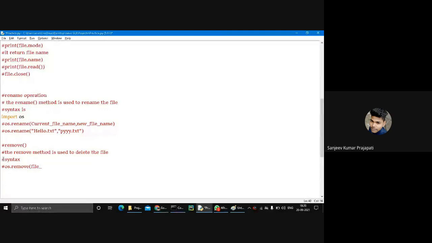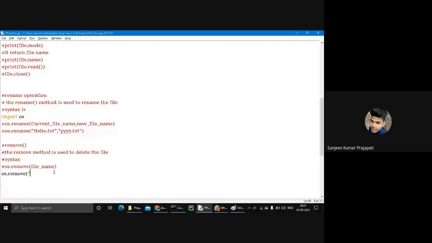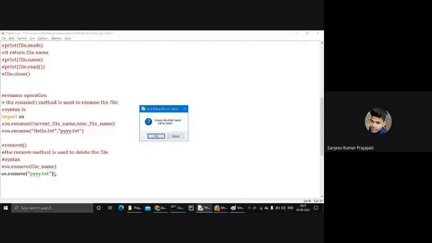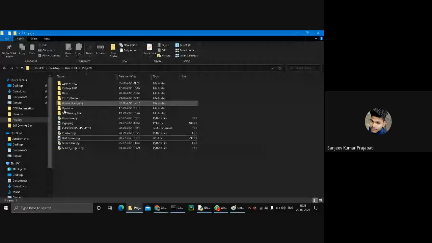So I want to remove my file with os.remove; my file is pyy.txt. Let's see. Yeah, my file is deleted. You see, the pyy.txt file is not available in this folder. Okay, guys, so it's clear.